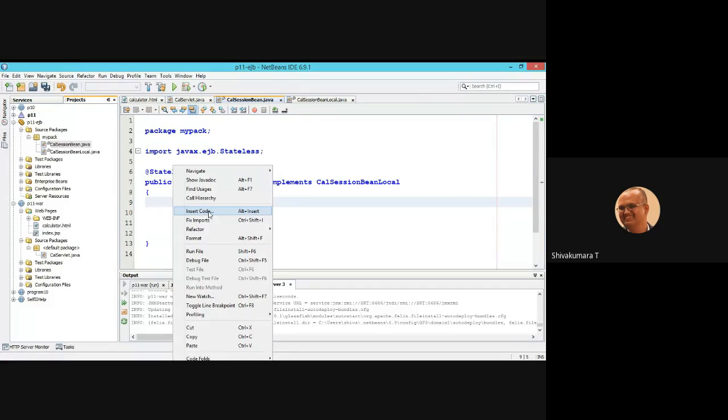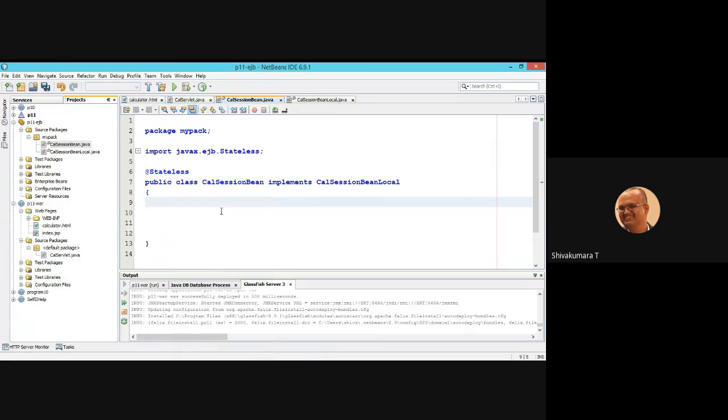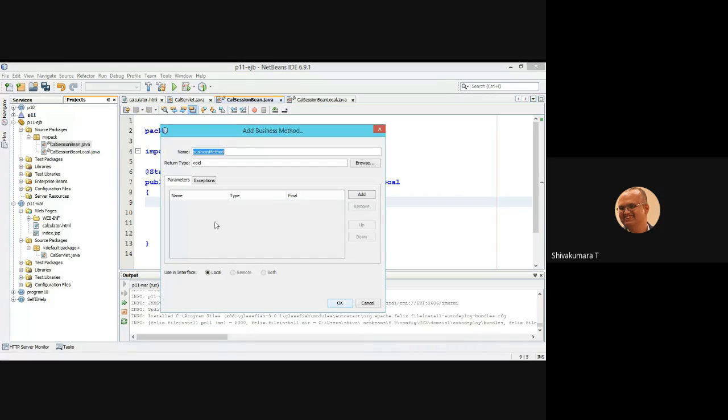There is an option called insert code. Click on it. In that insert code, there is another option called add business method. In this add business method, how many numbers are you passing for addition? 2 numbers, right? 2 numbers you are adding.